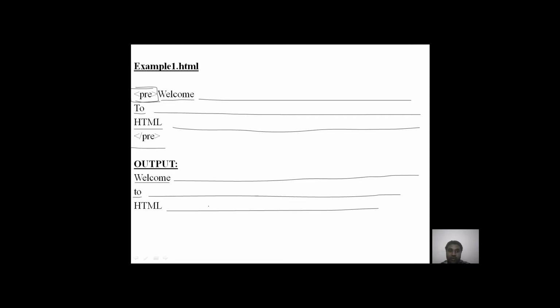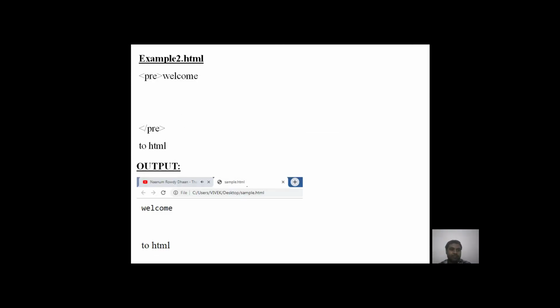Whereas in the previous scenario you are not using pre-tag, that's why you are not getting output in 3 different lines. But here you are using pre-tag, so your output will be displayed in 3 different lines. This is the difference between the previous example and the present example. See here. You have used welcome text, so that will be displayed on the output screen. After that you have used some empty line, and that empty line is also displayed on the output screen.